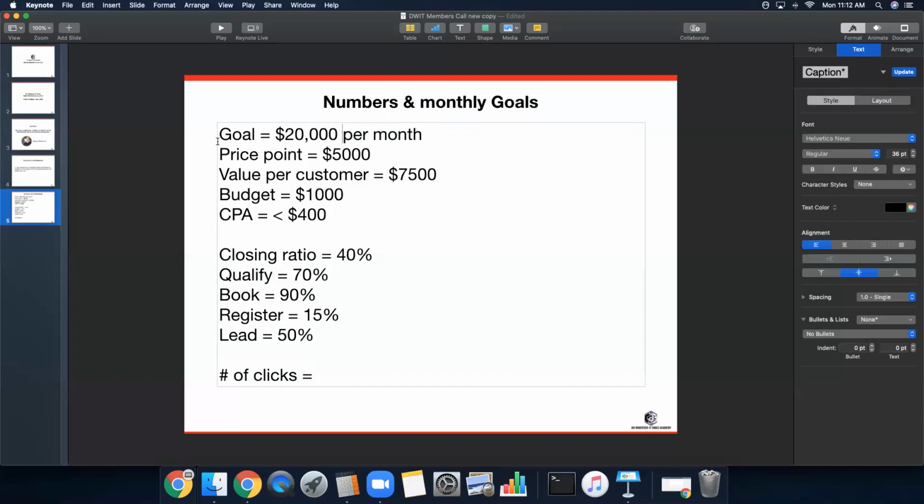If that is the case and that's your attitude, then you have to reverse engineer it down to this level and go, okay, well, if I have a goal of $20,000 per month and my price point is only $1,000, I have to make 20 sales. Well, 20 sales divided by $1,000 is, what's that, $50. You have to get your clients at $50. Now you tell me where you're going to get clients at $50 that are going to be willing to pay you $20,000 or $1,000 right out the gate, right?